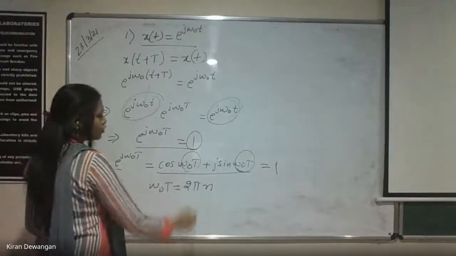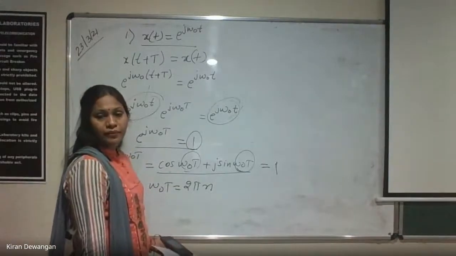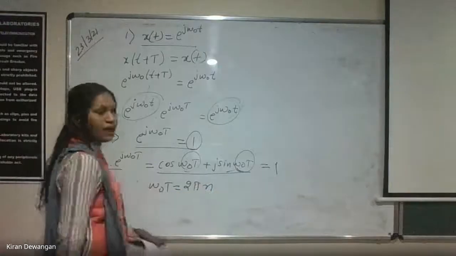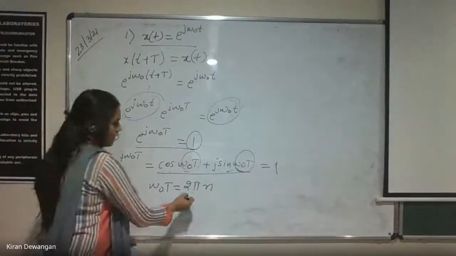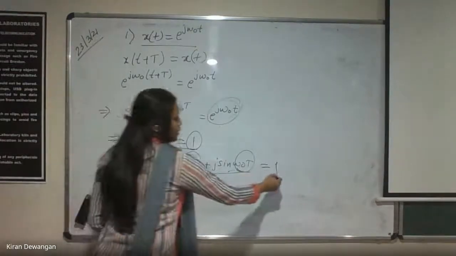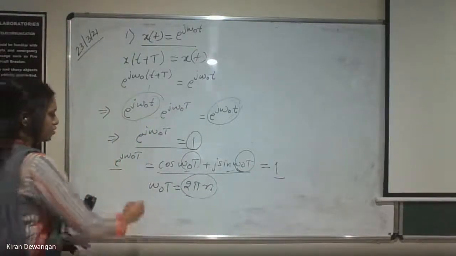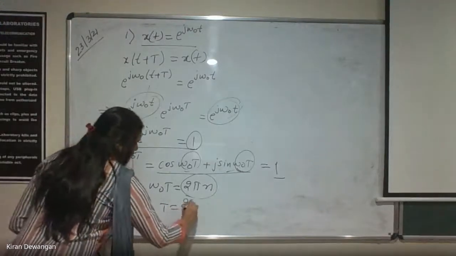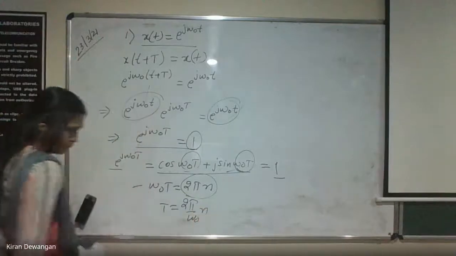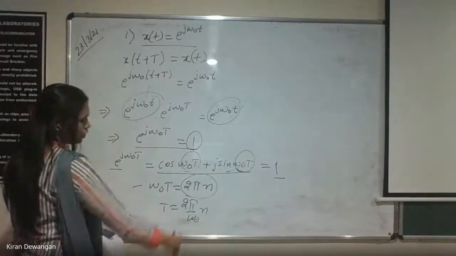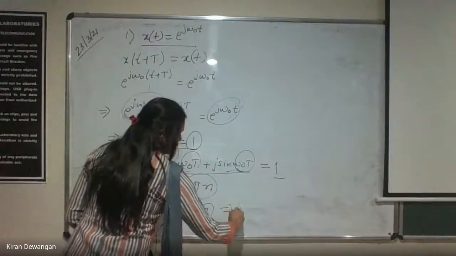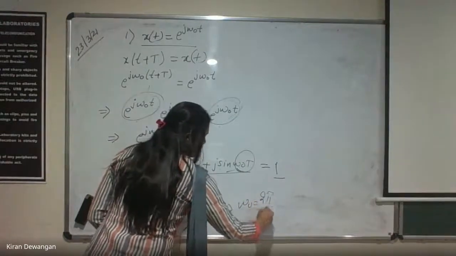So cos of 2 pi is what? Cos of 2 pi is 1, and sin of 2 pi is 0. Similarly, if I put the value 2, again I will get 1. So for all values of n, this value will be 1. Is this condition clear? So what is my fundamental period? It is 2 pi by omega naught into n, and if I take the least value of n as 1,